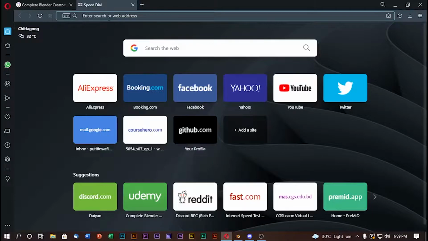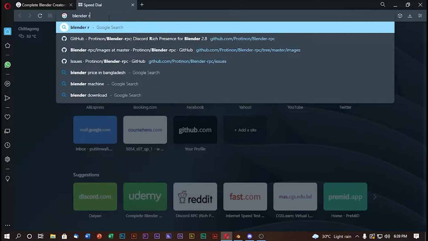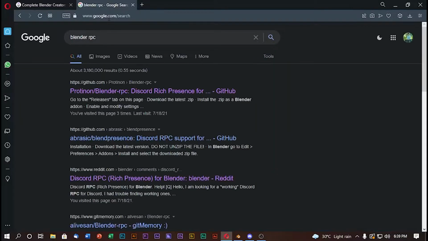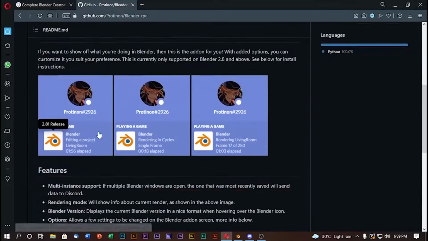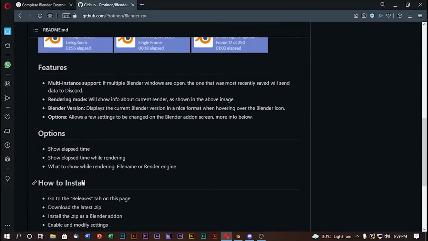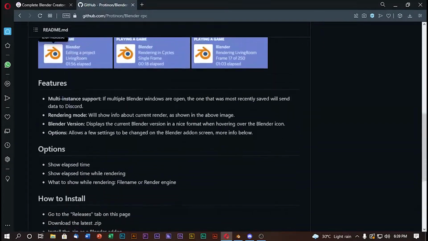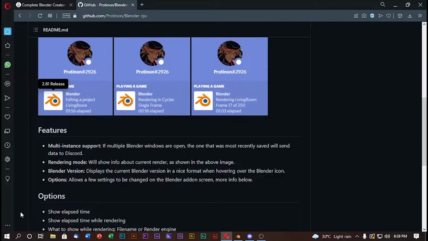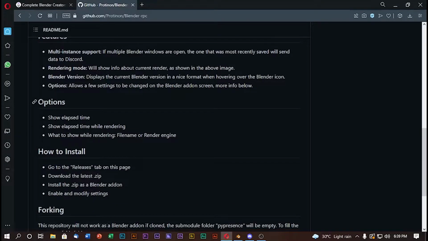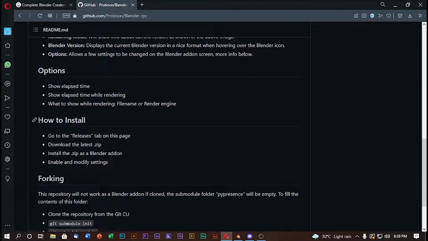So we're gonna go Blender RPC, just type it in. Let's go to the first link, Blender RPC on GitHub. So here's some instructions. You don't need these or anything, you just need to follow the how to install.